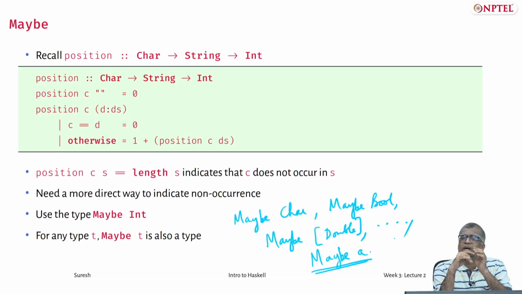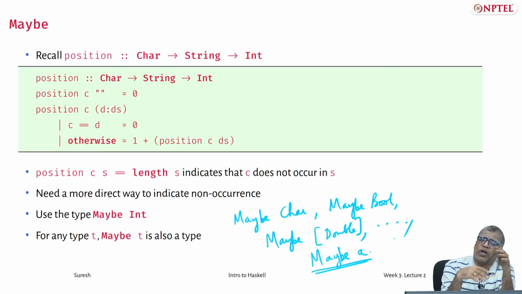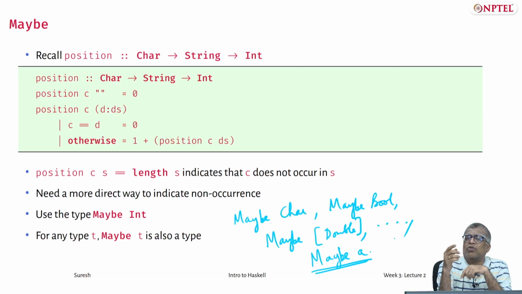Okay. We have already seen some other type constructors, though not by name. The parentheses which we use to construct tuples are also type constructors. Given some 4 types, I can construct a type of values where the first component is of this type, second component is of this type, third component is of this type, and fourth component is of that type. And the square bracket you can think of as a type constructor constructing lists. Given any type, I can construct a list of elements of that type. So, yes, that's also a type constructor. We will talk about this in more detail a few lectures down the line. But maybe is quite important that I wanted to introduce it right now.